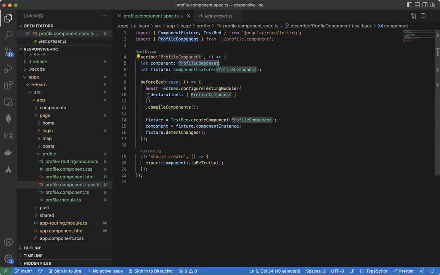Before we run this test, we should make sure the profile component is created without an issue, with all its dependencies. Right now the profile component is one simple thing. We don't have any dependencies, but in any other case, we have to make sure this component is created for testing. Okay, so we have this beforeEach